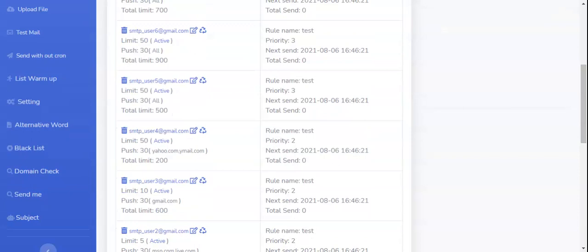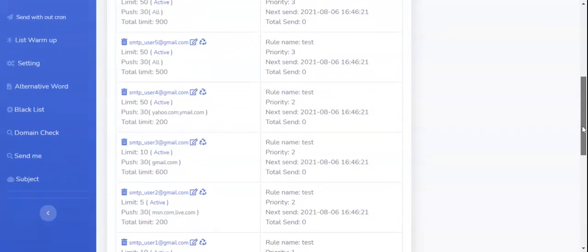Like this SMTP is set dedicated to this receiver server. So in that manner you can easily set any of your SMTP for any dedicated server.